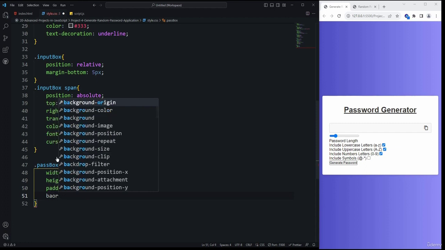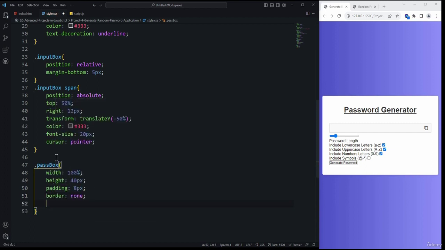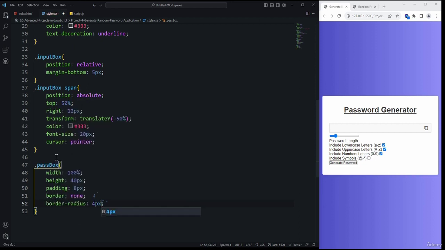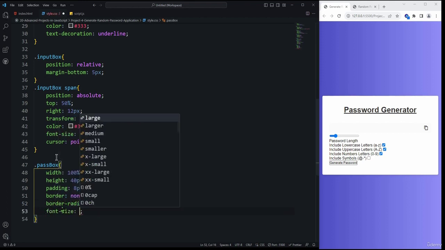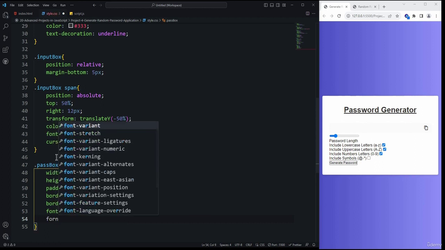And then we are going to provide the border, which is going to be none. And then to provide the border radius, it is 4 pixel. And after that, we provide the font size, which is 16 pixel. And then to provide the font weight